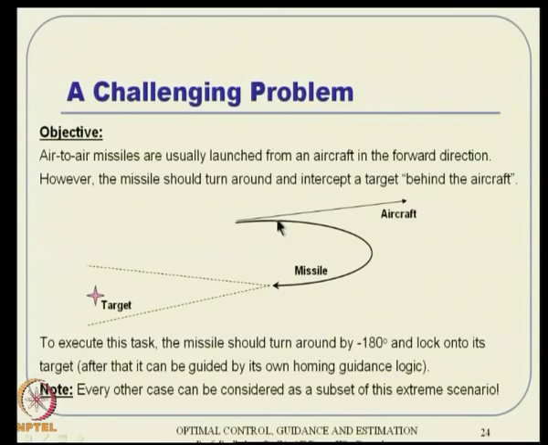because this may not be exactly horizontal, it can have some positive gamma, which is the flight path angle. It can go in a slightly ascending attitude, and then it releases, and then this has to turn in as little time as possible. Also a small comment: other cases can be considered as a subset of this extreme scenario. If you want to predefine some selected maneuver of not necessarily 180 degrees, but anywhere lesser than that, then it is a subset of that.